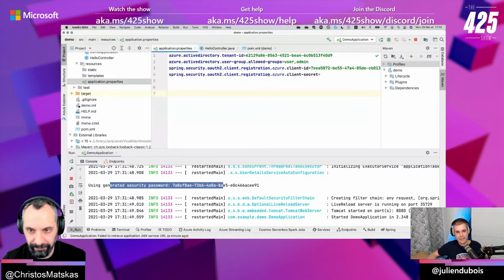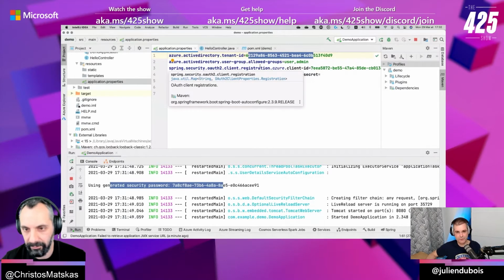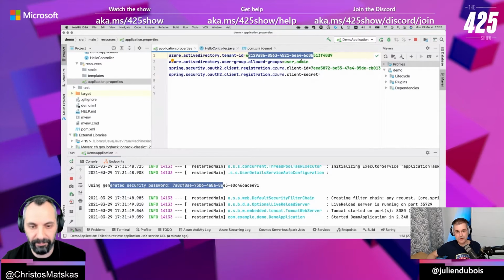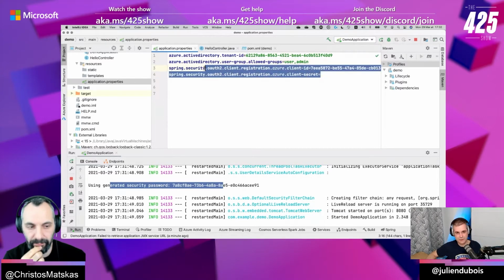In order to connect to Active Directory, I need my tenant ID. We'll go to the Active Directory web page afterwards just to have a look. But sure, you need an ID to connect to it. It's logical to select which Active Directory server you want to use. You also need to map the groups that are in Active Directory inside Spring Security. We'll also have a look at this afterwards. This is not very important, but the two important things are those ones.